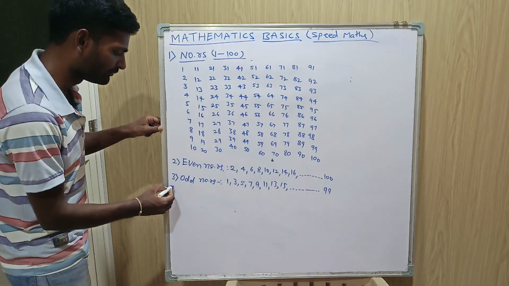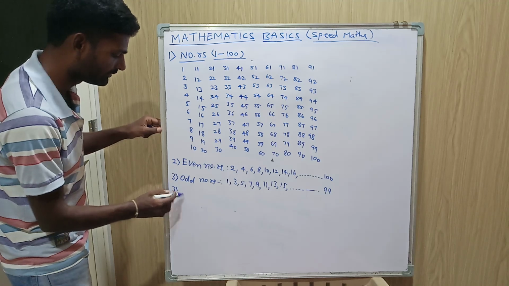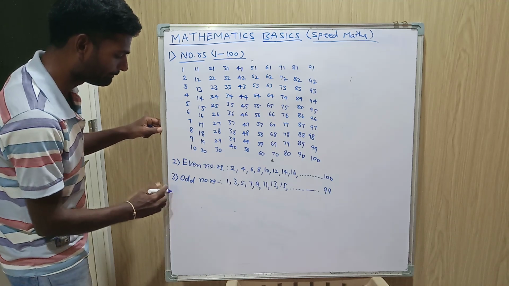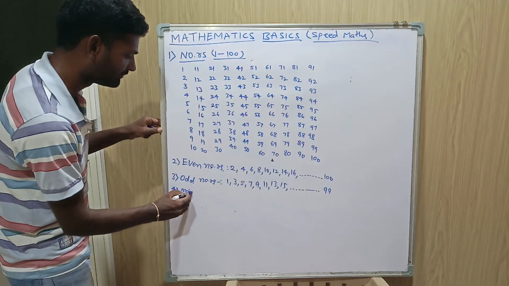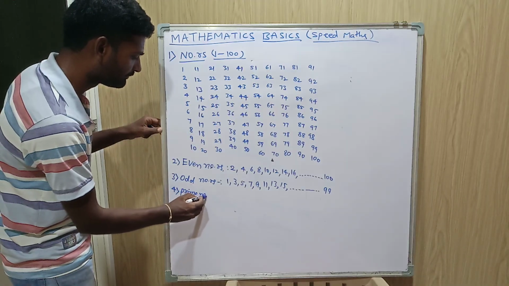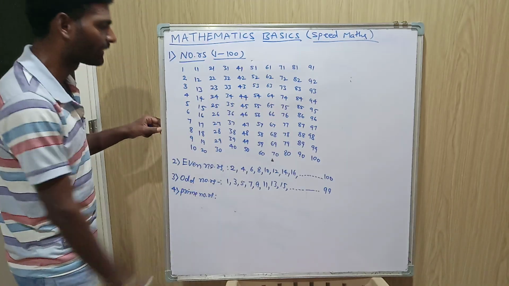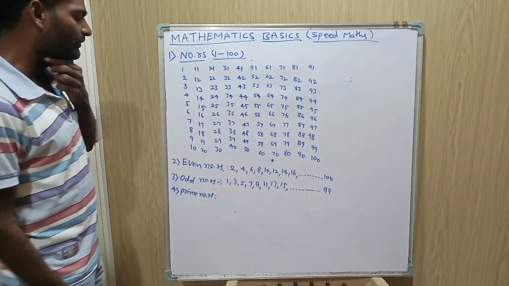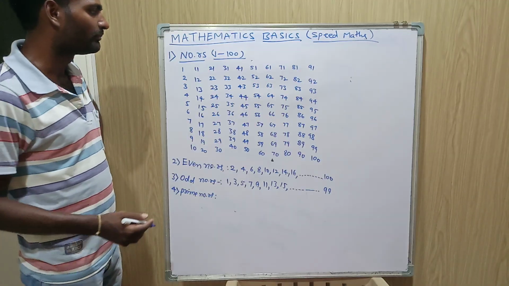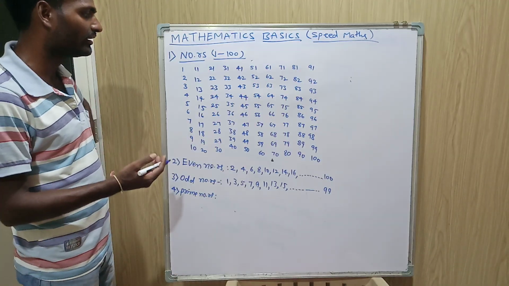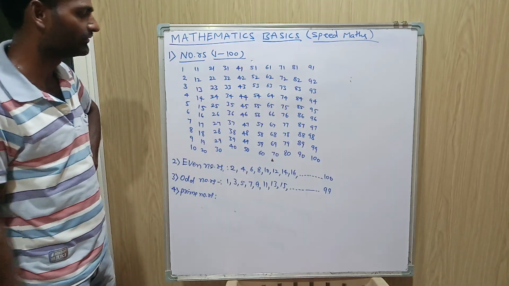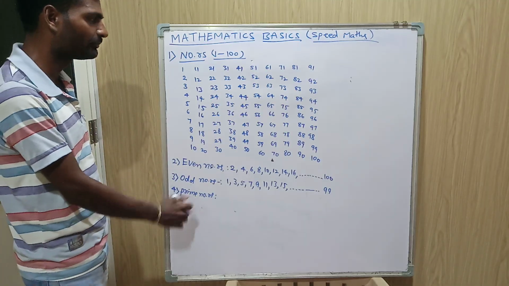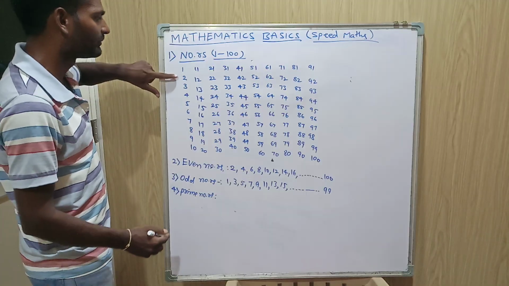Next, point number 4, prime numbers. Prime numbers are the numbers which are not divisible by any table; they are divisible by 1 and the number itself. So those numbers are called prime numbers. So prime numbers are